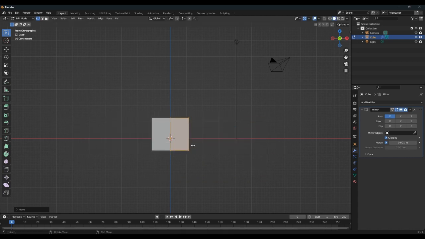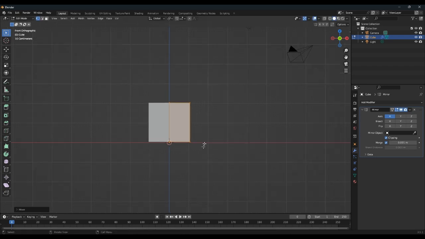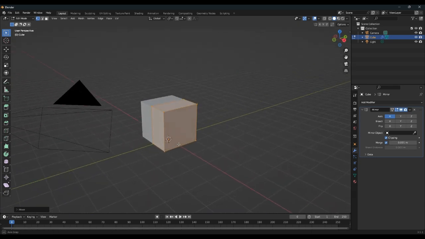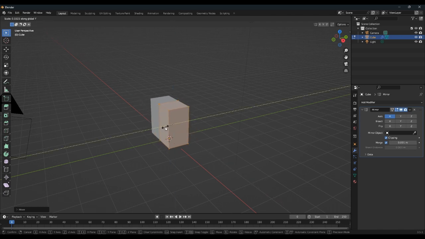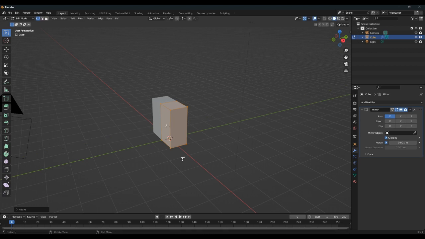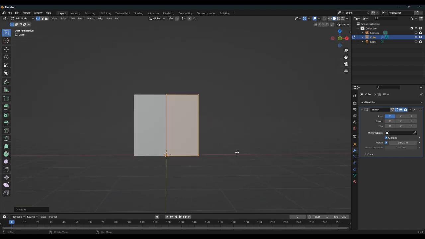So we will start by making the torso of our stickman. What we want to do is scale it down on the y-axis to get it somewhat thinner. Once we have made it thinner, we can either start making the rest of the torso, or we can give